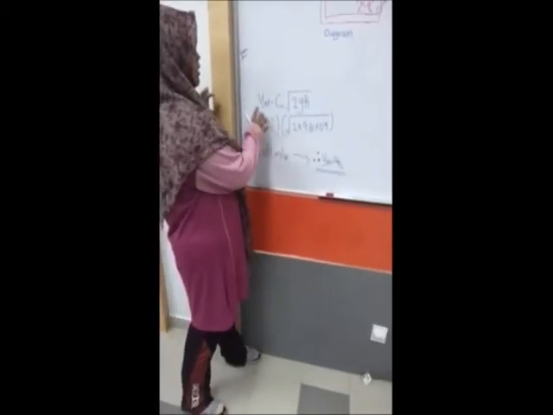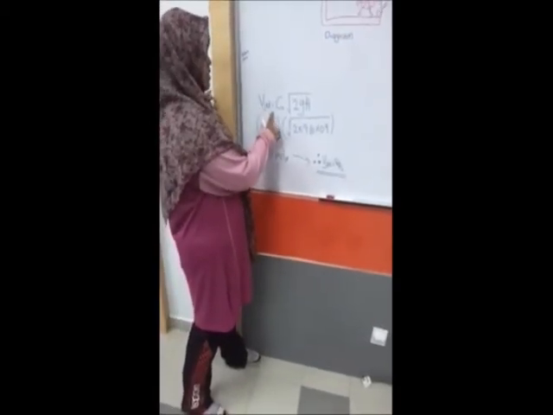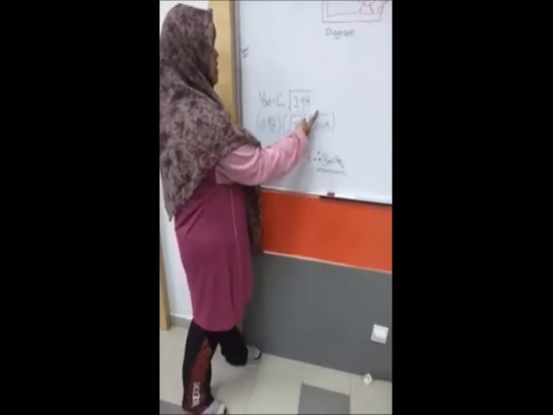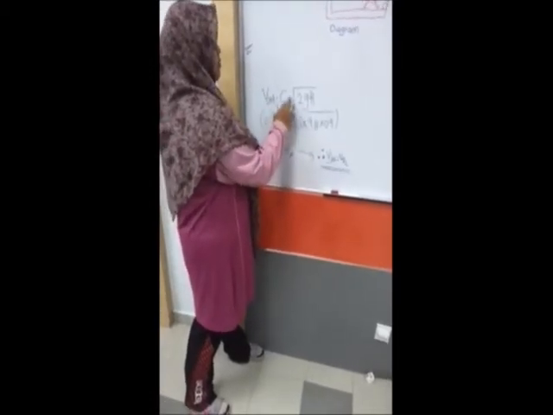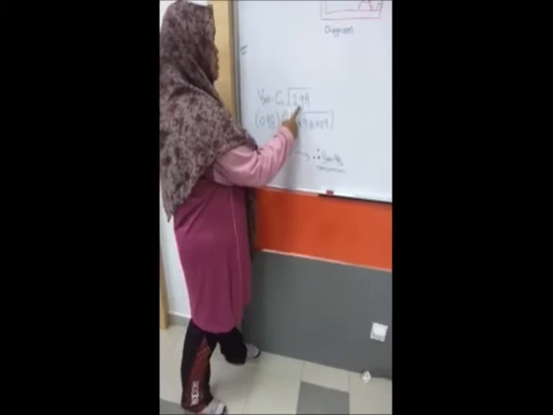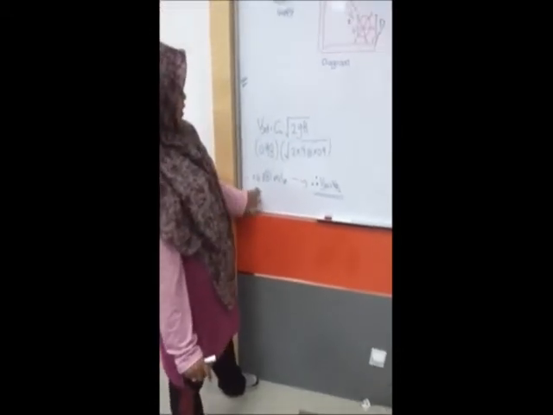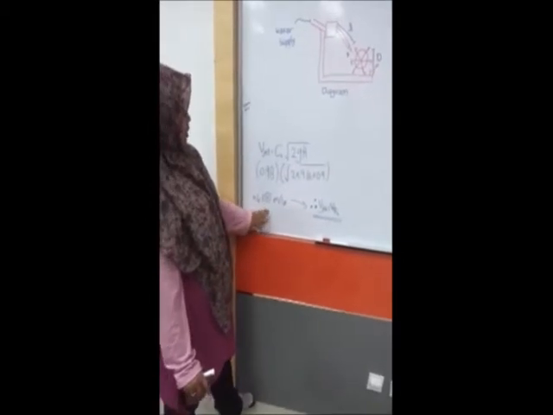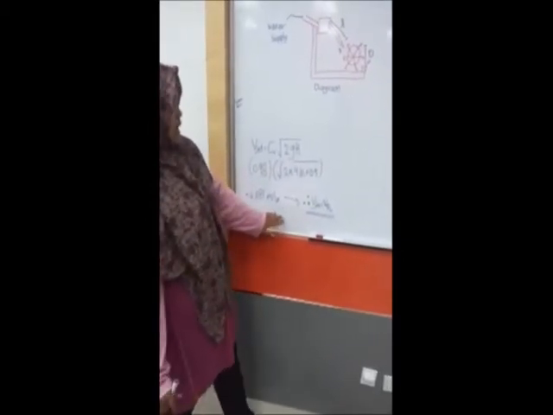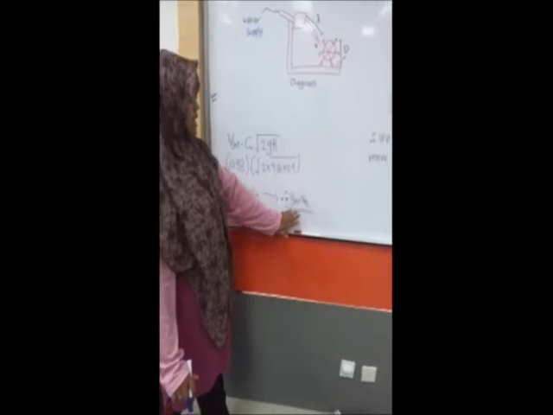After that we find Vj. This is our formula: CV multiplied by the square root of 2gh, and we substitute the value, and we get the final answer of 4.1181 meter per second, and Vj is equal to Vf2.